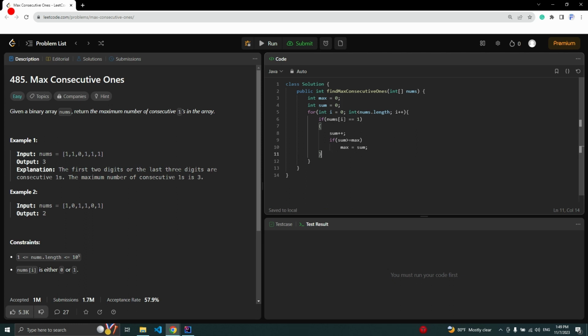It's an int, so we're going to have to return something at the end, which is just return max, which is what we want. And we also need to make sure that if nums at i is not equal to 1, we need an else statement here. We should set sum back to 0,